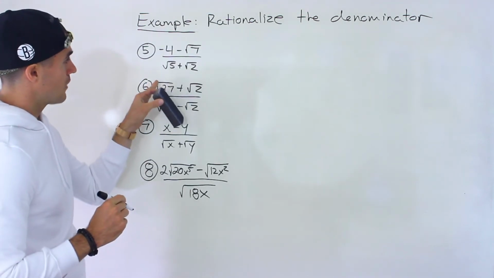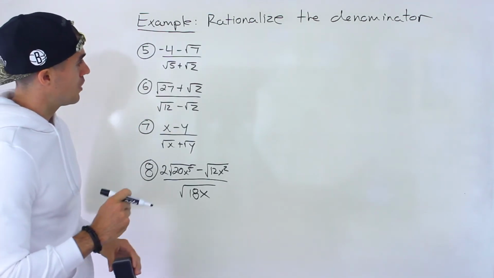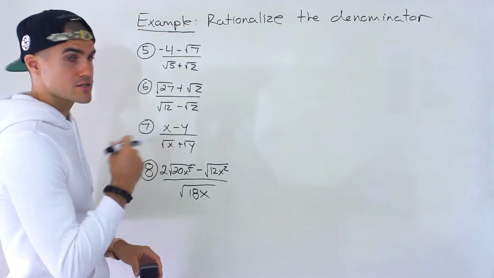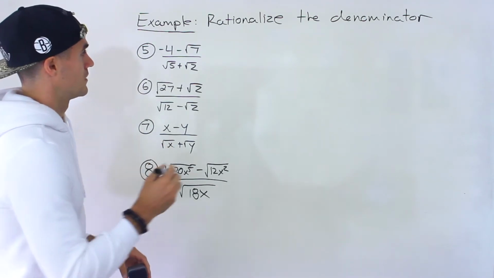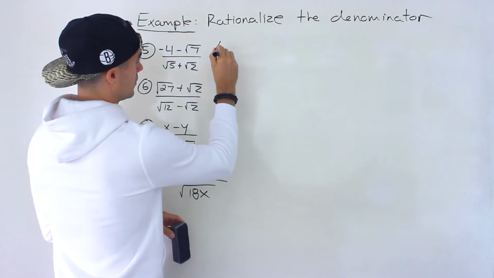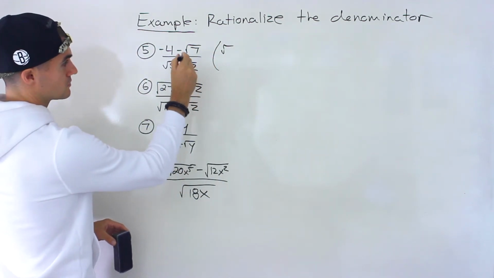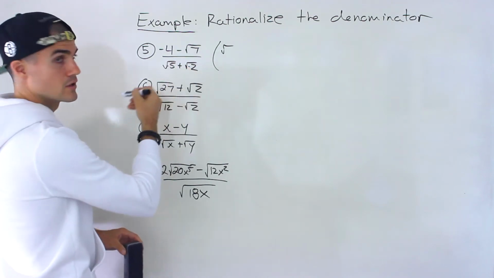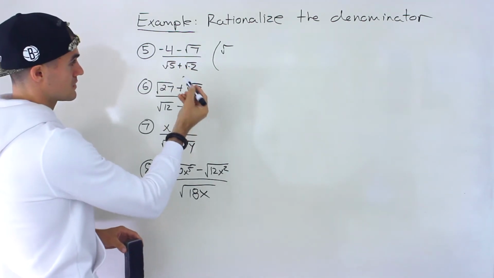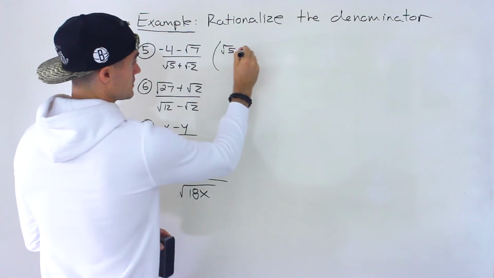Now moving on to number 5, we got negative 4 minus root 7 all over root 5 plus root 2. So from here, got to multiply this. Actually, first off, can you simplify any radicals? Root 7, root 5, root 2. None of those simplify. So we can go straight into